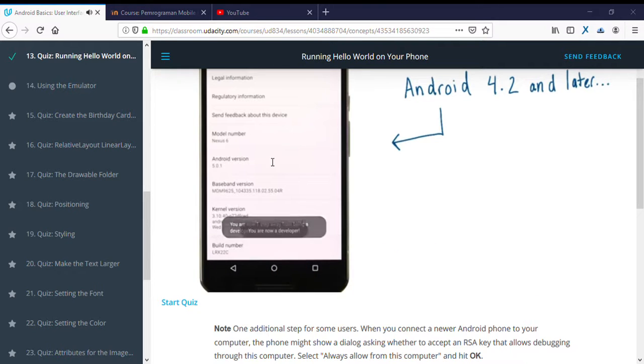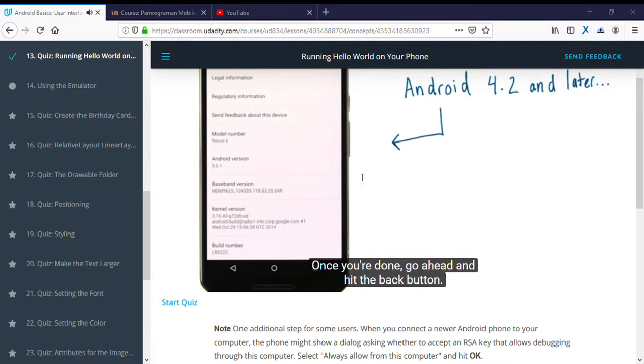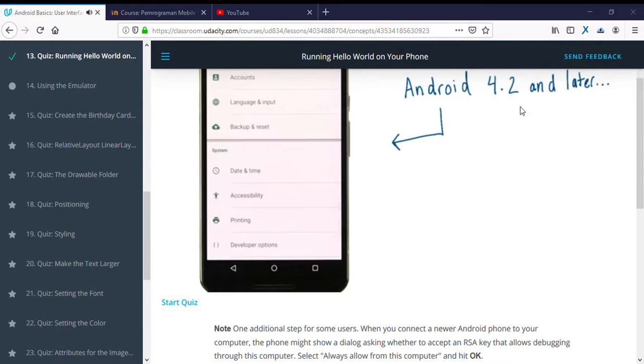Cool. So now suddenly you're a developer. Wasn't that easy. Once you're done, go ahead and hit the back button. Now, because of your new